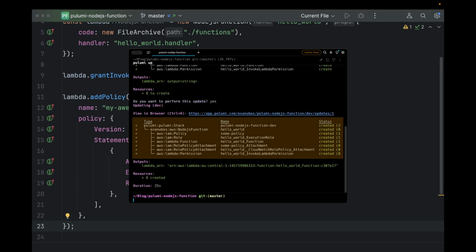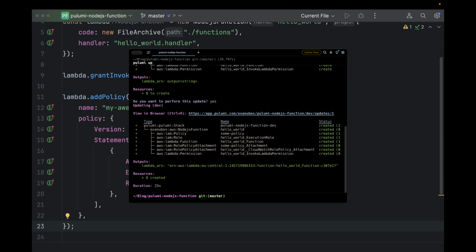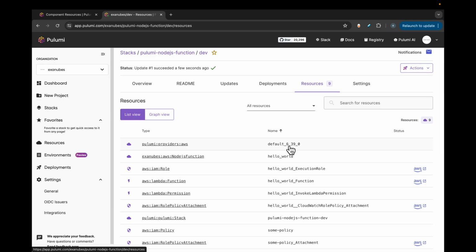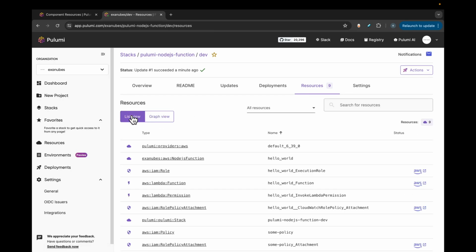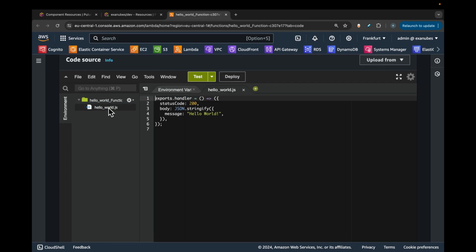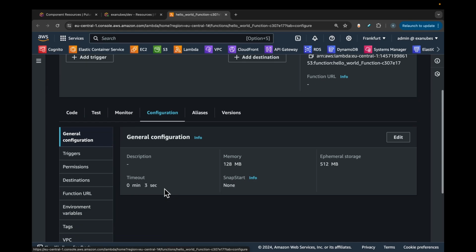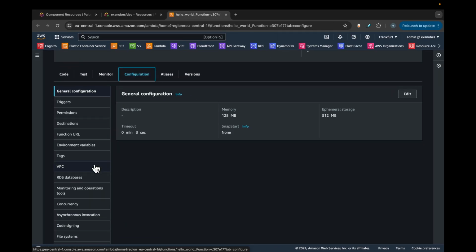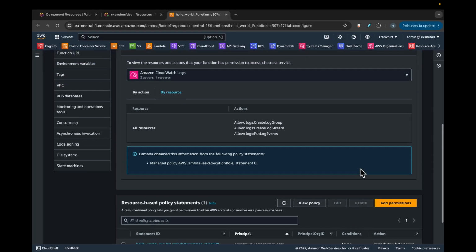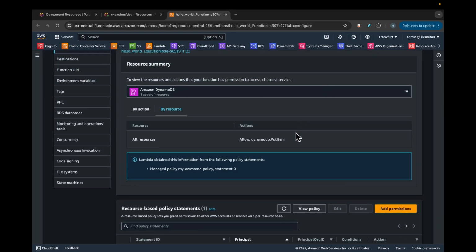As you can see, all these resources are created as part of the main hello world component. We can see that identifier, so I can tell this is my own custom component, and it has several AWS components in it. If I go to the Pulumi cloud, I can see it there too, either as a list or a graph, which is a nice touch. Let's go check out the Lambda. Okay, the code checks out, no permissions. Here you can see that resource-based policy for an API gateway, the CloudWatch permissions from the managed policy, and my